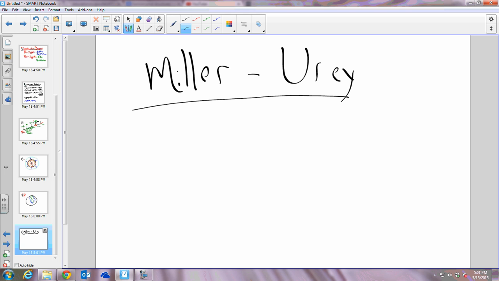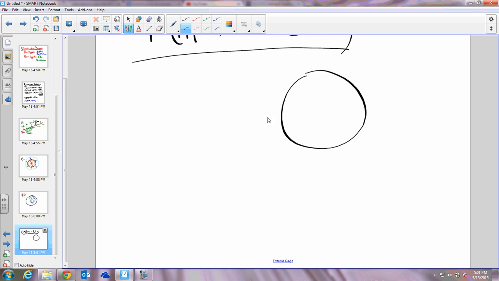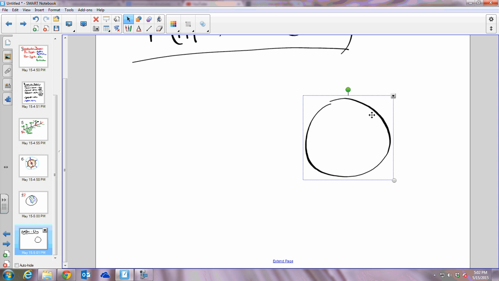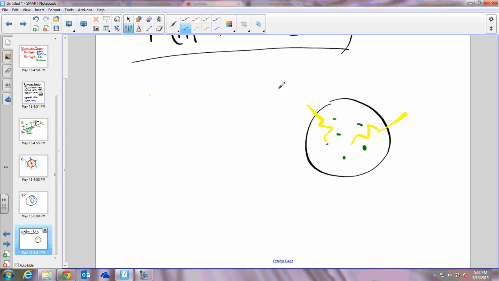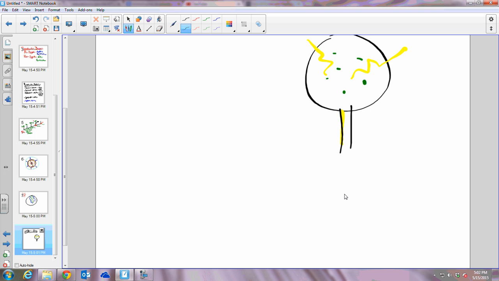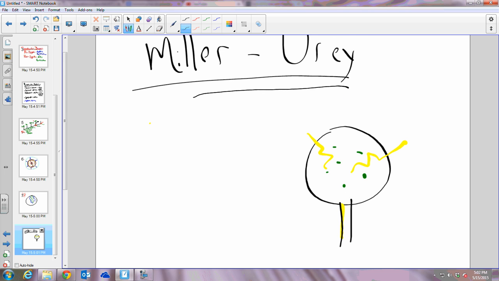And in this experiment, they had much of the gases that were located in the early Earth. So let me draw this apparatus here. Much of the gases that were located in the early Earth, things like water vapor, carbon dioxide, carbon monoxide, nitrogen, hydrogen sulfide, all those different kinds of things. And they exposed them, and so they put them floating around inside of here, and they exposed them to electrodes, which would have represented electricity or lightning, essentially. And as lightning struck these gases, along with water vapor, because water's being boiled and being fed into the tube here,